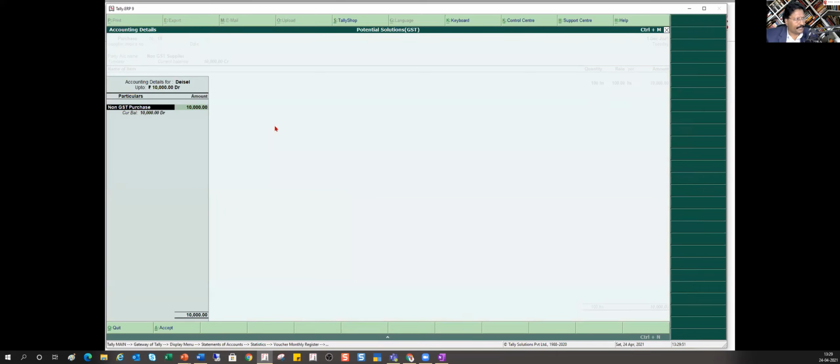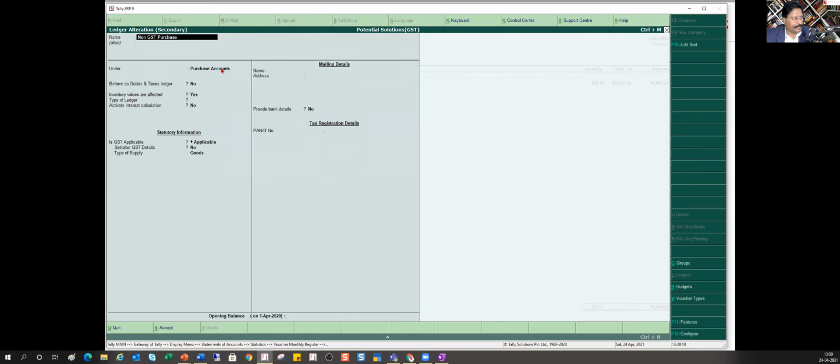Okay, I'm going to enter and now it is going to ask me my purchase ledger. This is very important. So I've created one purchase ledger for your understanding. I've named the ledger itself as non-GST purchase. So I'm going to show you what configuration you have to do for proper reporting. Control Enter, right? And now again, I'll say GST applicable, though it is a non-GST goods, you have to say GST applicable. Again, I'm repeating, anything when you say applicable, it is going to report in your form. If you say not applicable, it is not going to come. This is very important, the primary secret that you have to understand.